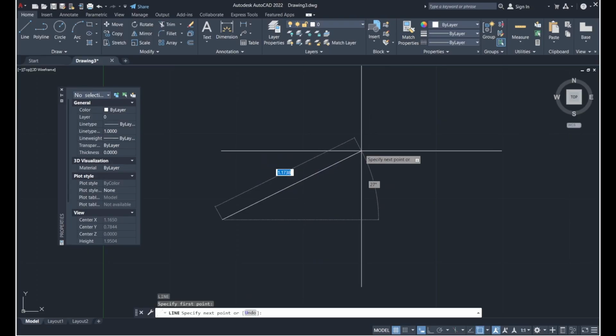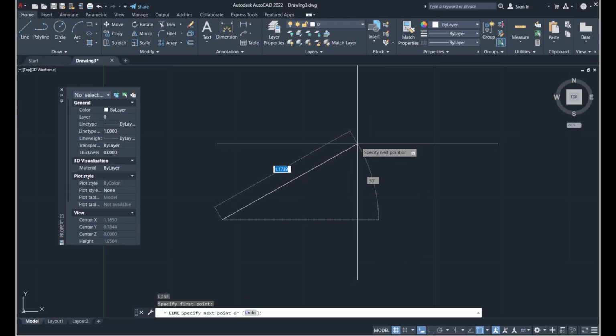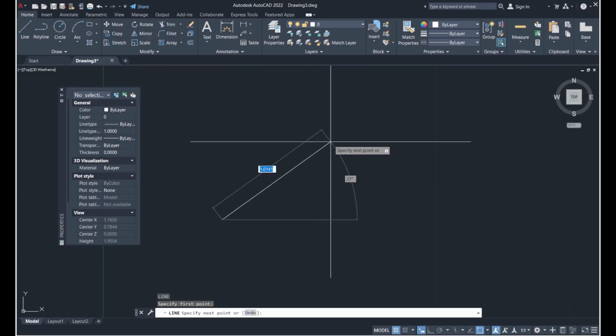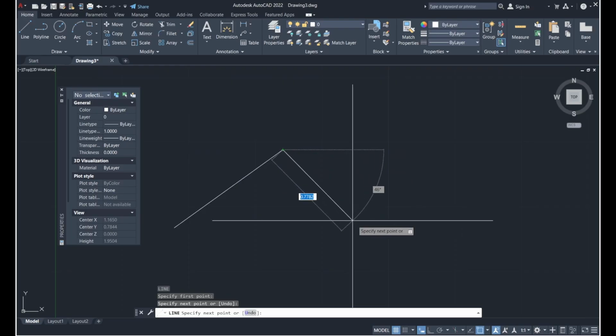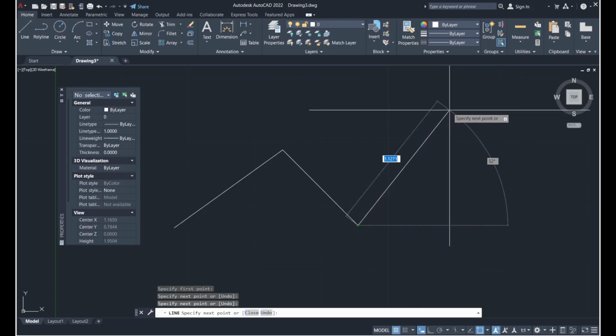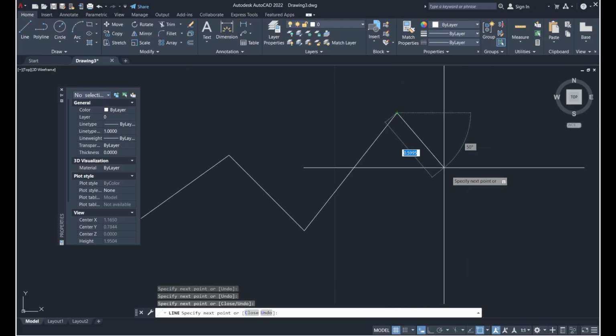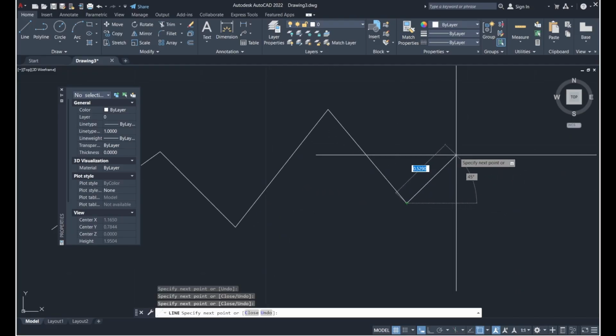And then you just stretch your mouse over the area or the length that you want the line to be, and you click at the second point, and now you have drawn your first line. If you keep clicking, you will get third and fourth points and so on, and you will keep drawing lines